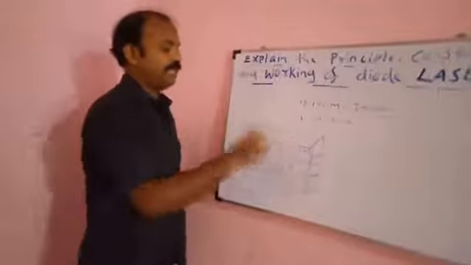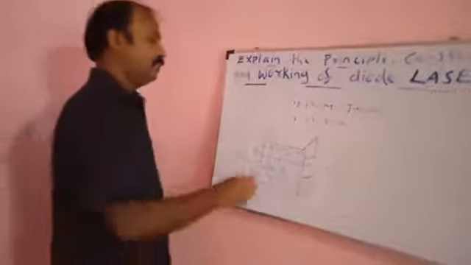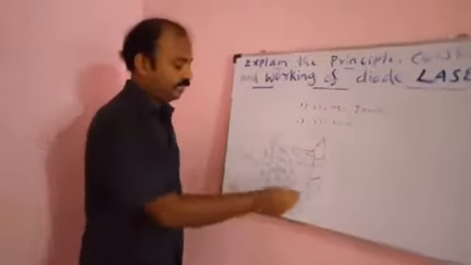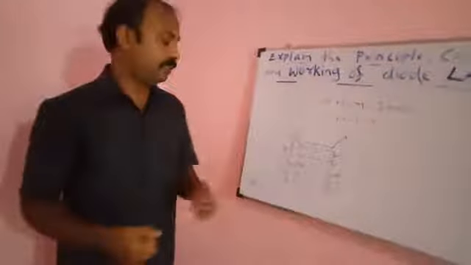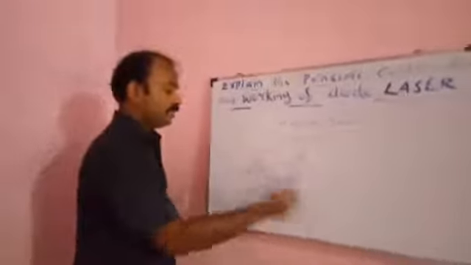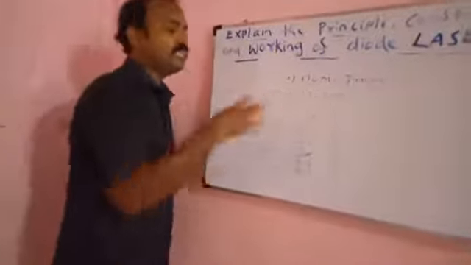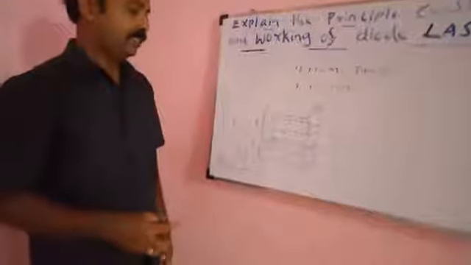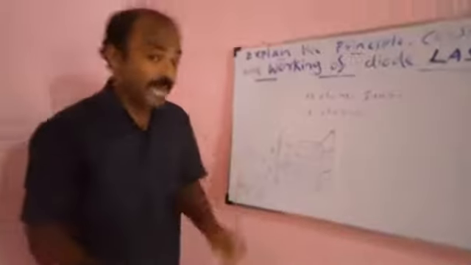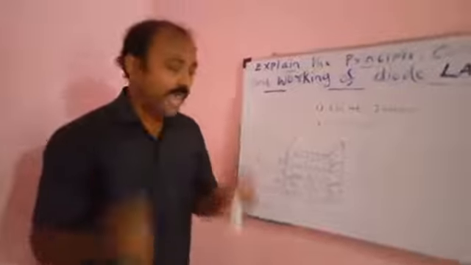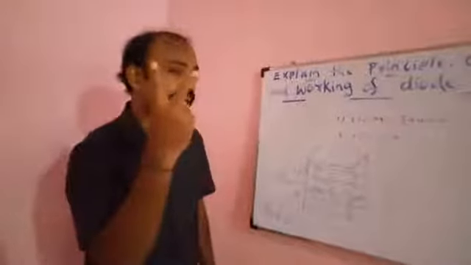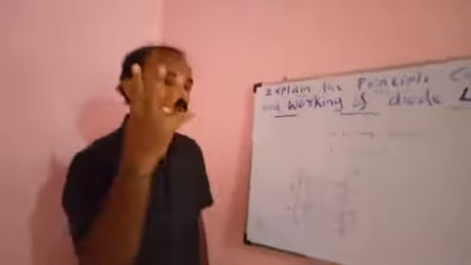In the p-type semiconductor, the positive charge is the majority; in the n-type semiconductor, the negative charge is the majority. So now suitable forward biasing is provided. The charge carriers from the second layer and fourth layer